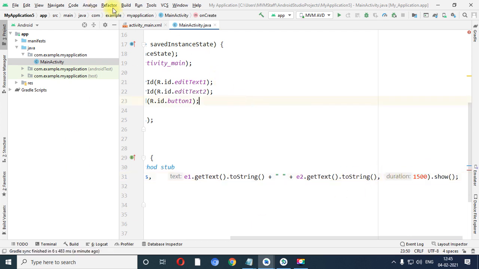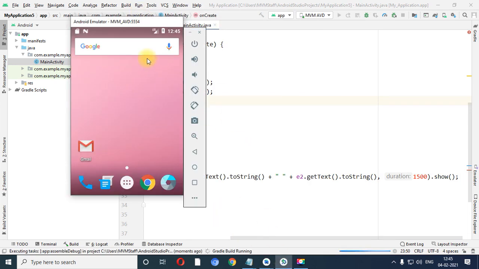Now let us execute this program. Avoid this red mark. It is a warning that instead of a fixed value you can use keywords like Toast.LENGTH_LONG and Toast.LENGTH_SHORT.